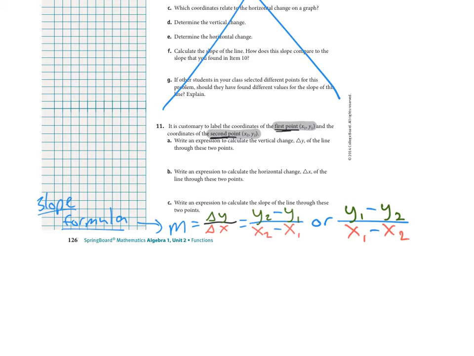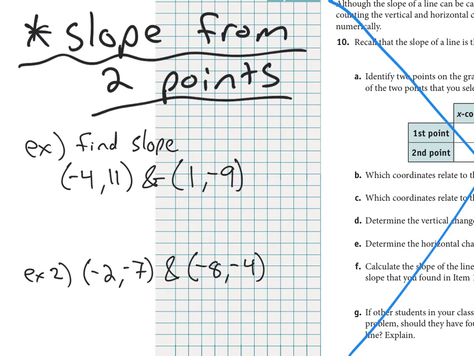All right, but let's go ahead and practice using it on 2 examples up above. So those are 2 points, -4, 11, and 1, -9. If you're going to use the formula, it's going to be a good strategy to label each part. If you want to go left to right, this first x value, we'll call that x1, and this is y1. That means over here is going to be x2 and y2. You can put it above or below to keep organized, because we have to fill in the ratio based